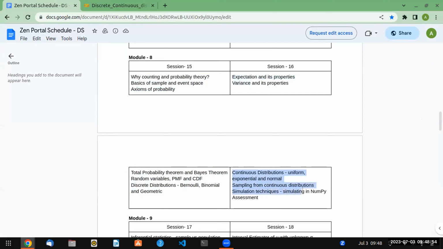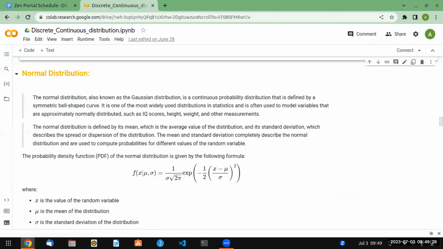Now we'll see all the things about continuous distribution, which I think is more frequently used in the industry. Continuous data, like stock market, stock price prediction, right? So those are continuous data. So the random variables, PMF, and CDF are valid only for discrete, not continuous? Random variables you can define for continuous distribution too. Random variables, PMF and CDF, these are in every distribution. Now you tell me, what is a random variable? A random variable is nothing but what I am plotting every time on the x-axis.